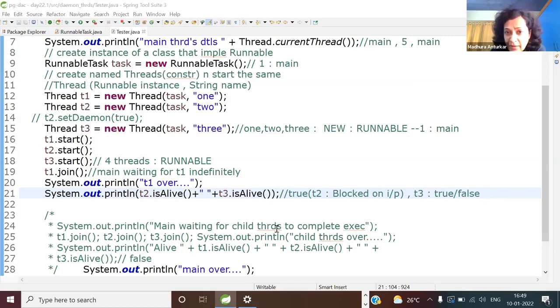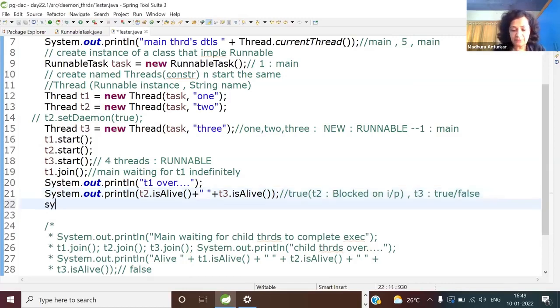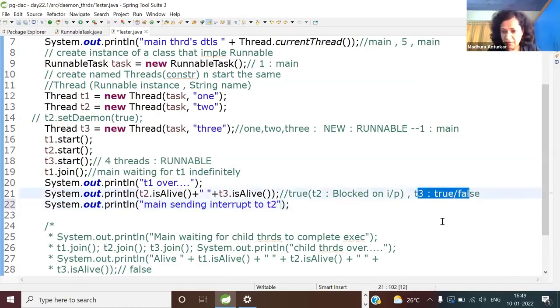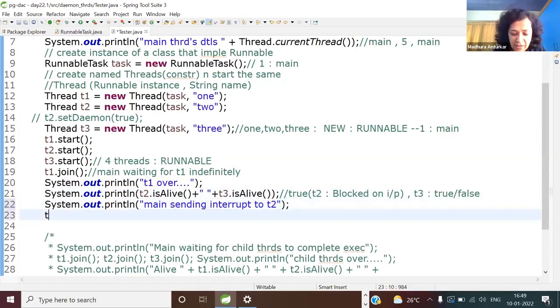Okay. Now let us send the interrupt. So here, main sending interrupt to which one? To T2. Because T1 is over, most likely T3 also will be over, and even if it is still alive, it will get over on its own because it's just a delay loop. So let us say T2 dot interrupt.